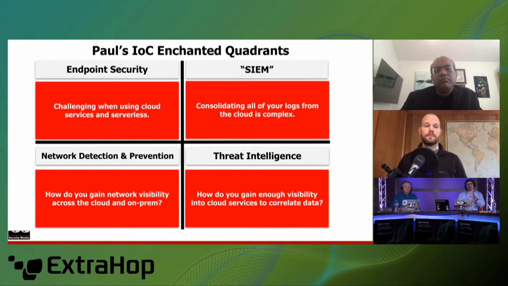And I'm just a huge fan of the network doesn't lie, right? And this has always been, I think, as we look at those other three functional areas, our level set, right? If something bad's going to happen, it's going to have to traverse the network. So this is my source of truth. And how do you gain that network visibility in the cloud as well as on-prem and correlate those two together,